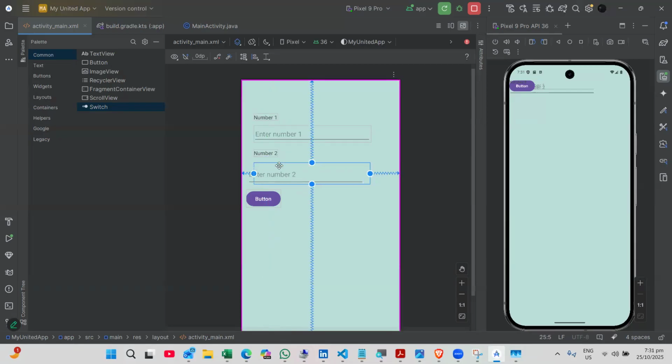Click here, bring it to the side. Good. Click my button, bring it to the side. Good. So you can see that all my elements, when I click on them, there's like a spring around them. That is the constraint. So it is constraining it to that